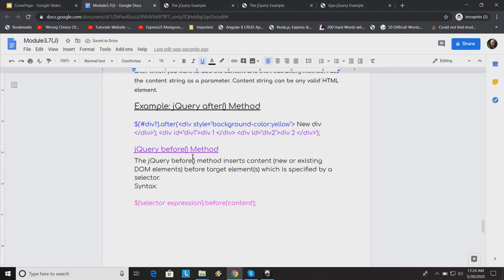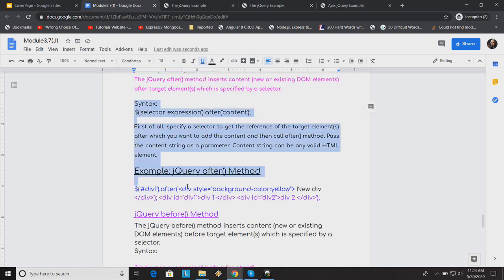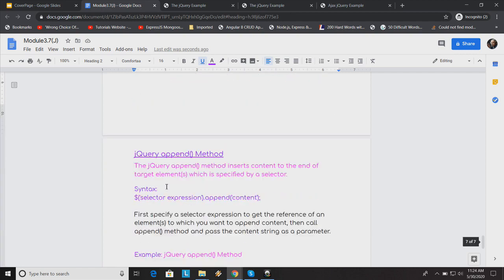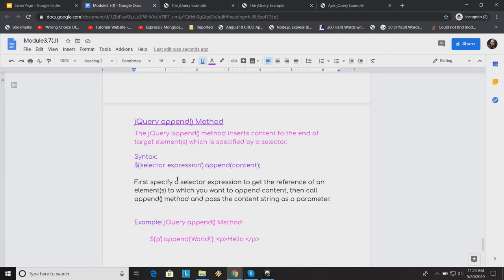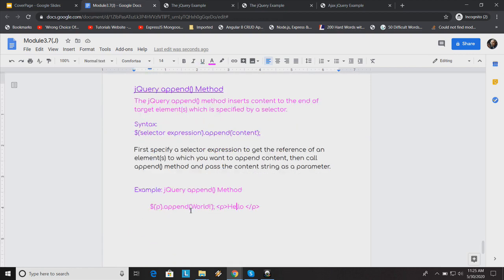Before method, same, but the reverse of that. Before, if you want to place based on this, and if you want to achieve this, you have to specify it based on any event, like click event, trigger event, hover event. Okay, hover in the sense mouse hover, key up, key down. Append method, append in the sense if you want to attach something to something, like you can see hello world, you want to attach the text world to hello, and this should be followed by any event.